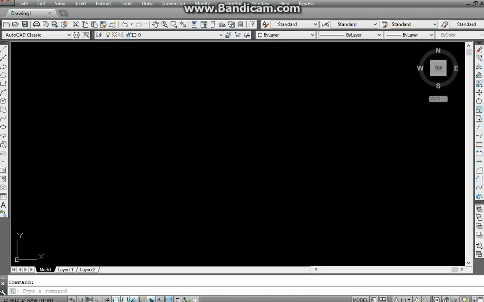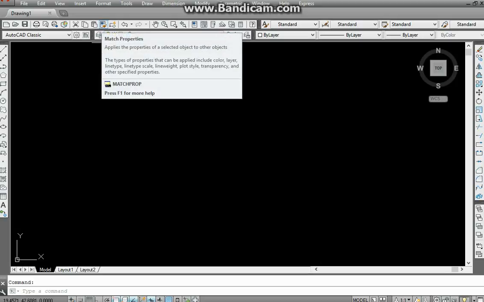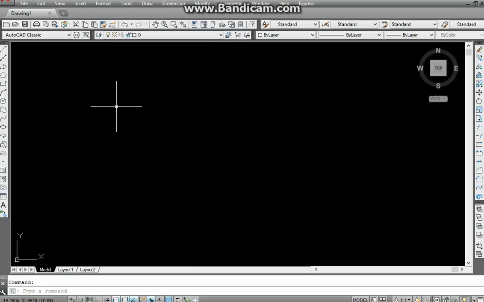Match property tool. This is the match property tool here on the standard toolbar. What the match property tool does is it matches the property of a particular item with the property of another